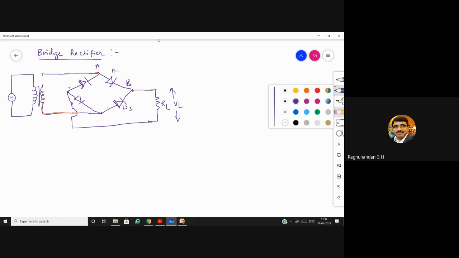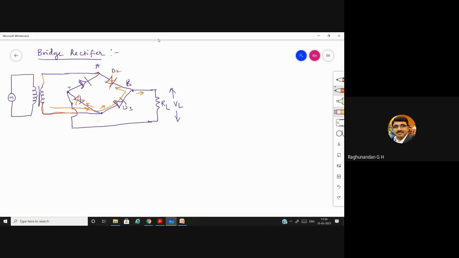Okay. Now coming to the next half cycle. During that time, the current starts flowing here. When the current comes, there are two paths again. If the current goes like this, the diode is reverse biased, so the current can only pass like this. Now, again, there are two paths. One is to move forward towards the load, and the other one is to go towards the diode D2. If the current goes like this, the diode gets reverse biased. It acts as an open circuit. Once it acts like an open circuit, it will not allow the current to pass through it.